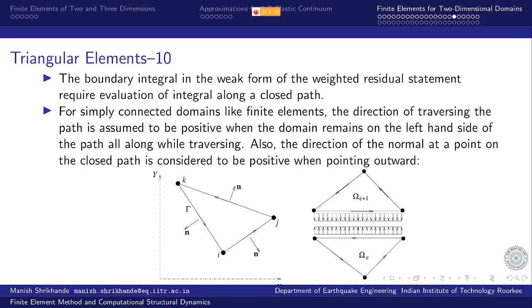So there is a problem domain, and the domain is discretized using several finite elements. Now the boundary only on the edges of the element, boundary of the element, which makes a part of the problem boundary, original boundary of the problem, we evaluate these boundary integrals only at those edges. Rest of the edges, it will always be cancelled from the matching contribution from another adjacent element. So there is no need to worry about these integrals.